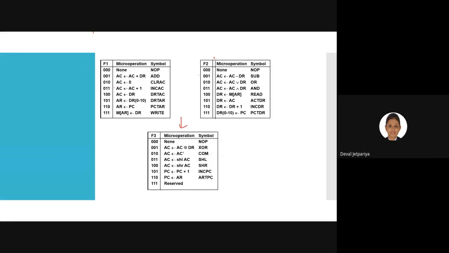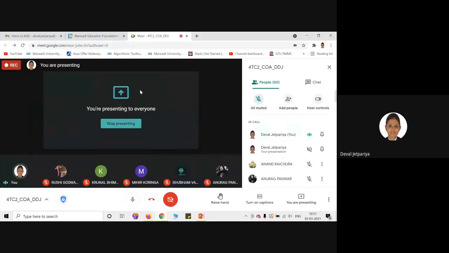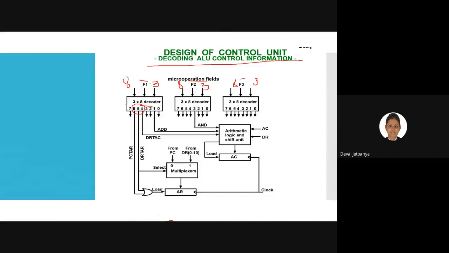In step 4, they are transferring the data register to the accumulator. In step 5, we are allocating an address from the data register, and in step 6 we are allocating a new address to the address register. See, these two lines are used to simplify the address, whether it is from the data register in case it is not a new instruction. And here we are transferring from PC to TR in case it is a new instruction.